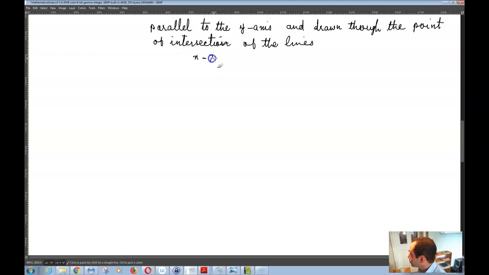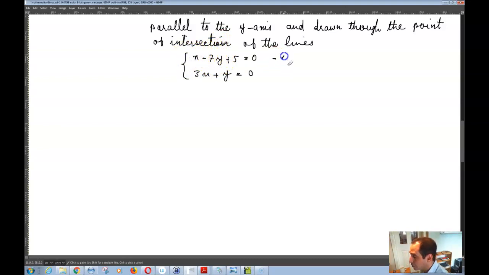x minus 7y plus 5 is equal to 0 and 3x plus y is equal to 0. So when the line is parallel to the y-axis, basically that means that the slope of the line is actually undefined. Now we will talk about that more, but then the line also passes through the point of intersection of these two lines, meaning that if you take these two lines